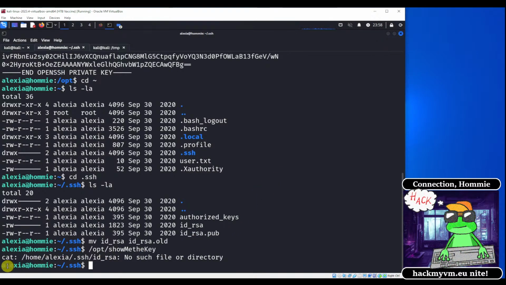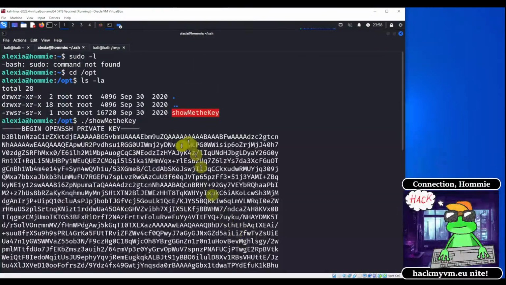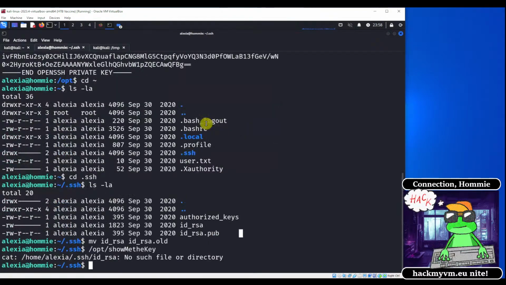The error message says cat home alexia.ssh idrsa, no such file or directory. So what this SUID binary, show me the key, was trying to do is access the cat command on the system, and it's trying to read this file right here, idrsa. But because this file doesn't exist anymore, it's been renamed, we get an error. But this error message tells us that the cat binary could be the way to elevate our privileges,